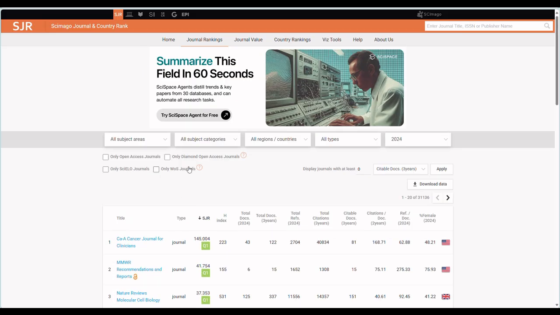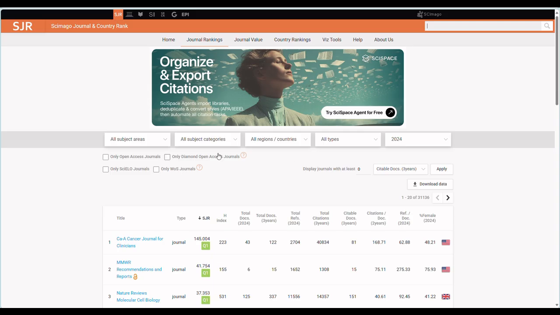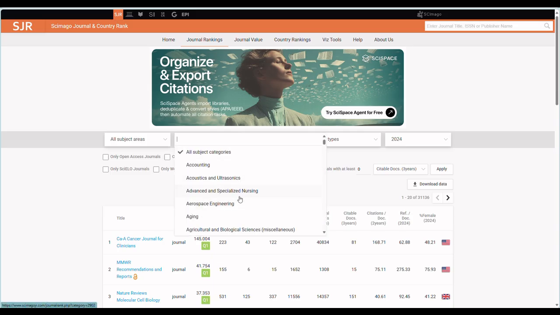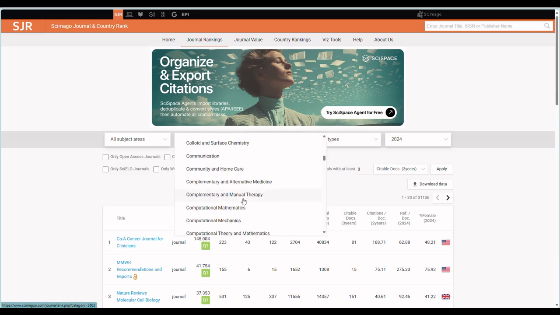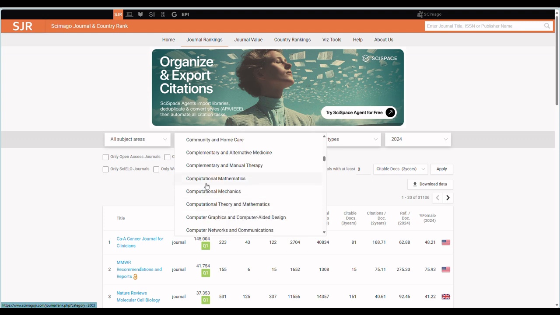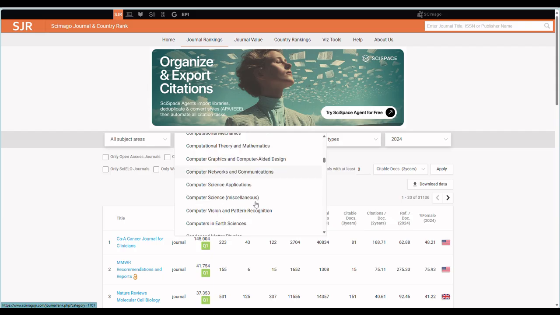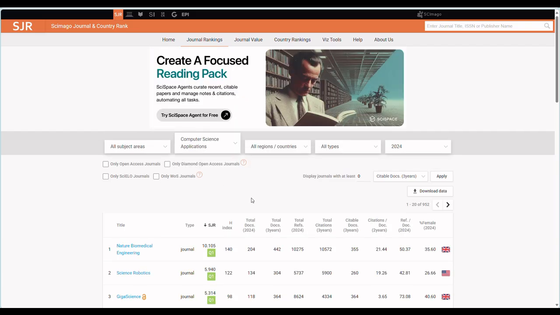Please, can you just mention your field? Any field? Yes, computer science or science. Accounting. Okay, let's look at computer science. This computational mechanics, computer science application. Biochemistry. All right, we'll see them one after the other.